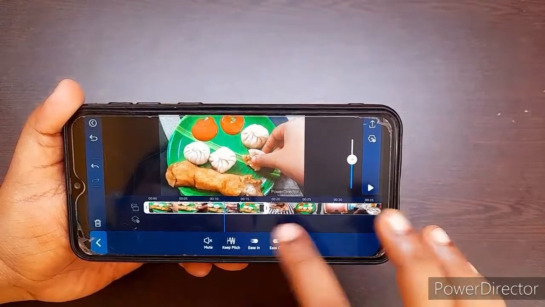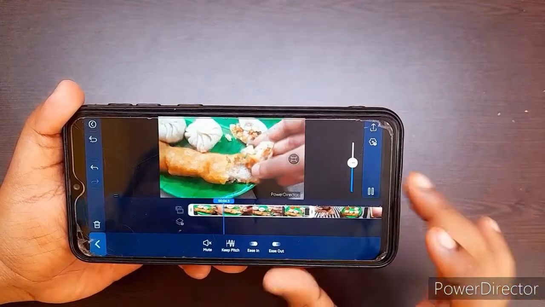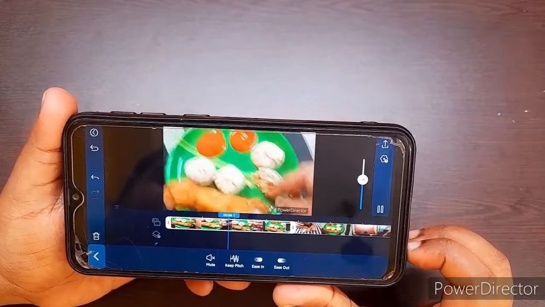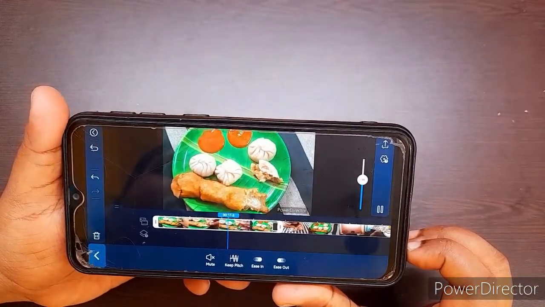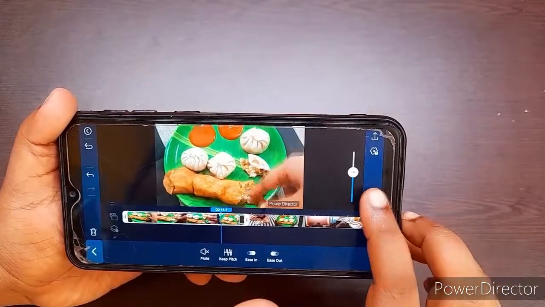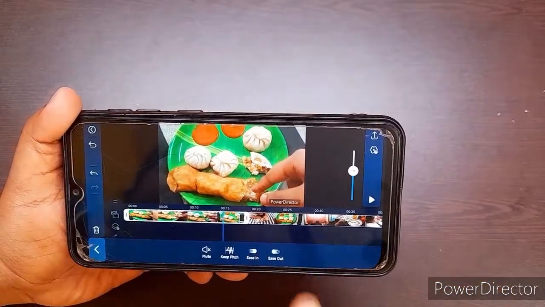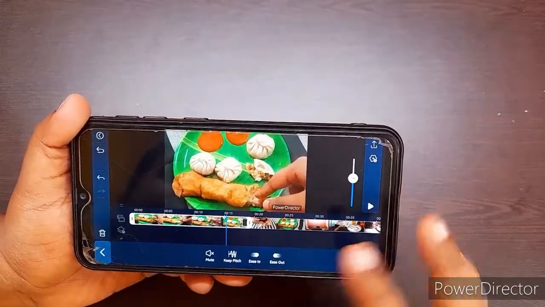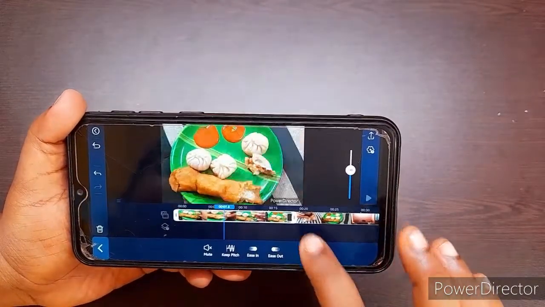So now your voice will be changed, you see. See, your voice has changed. So like this you can change the voice and all, and also the speed.